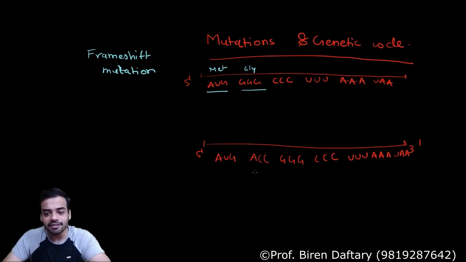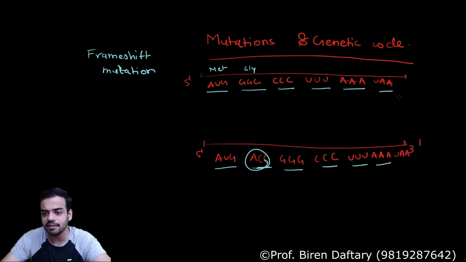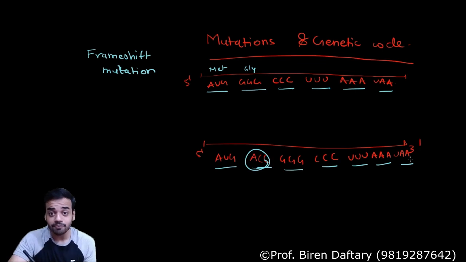Why? Because a triplet has been added. So it will be just that there is an extra amino acid, because the frame is still going to be the original, AUG. This is an extra frame, but that is okay. The next frames are going to be the same, GGG, CCC, UUU, AAA, and this. So this is not going to cause a frame shift. So when will frame shift not occur? Frame shift will not occur when 3 nucleotides are added between 2 codons. Suppose if this is added in between a codon, then there will be frame shift.